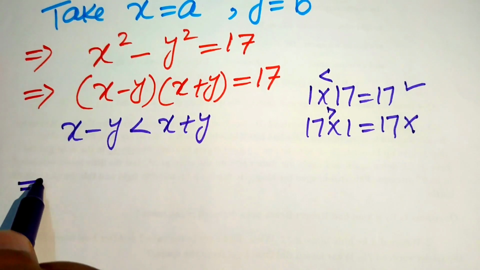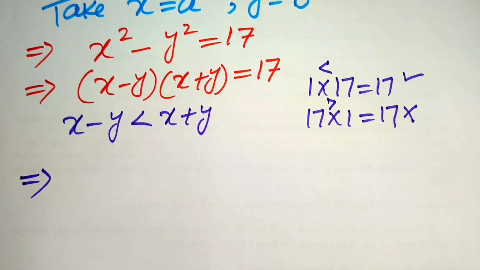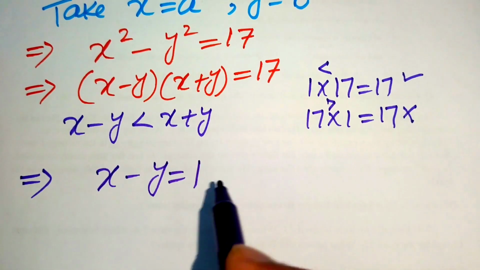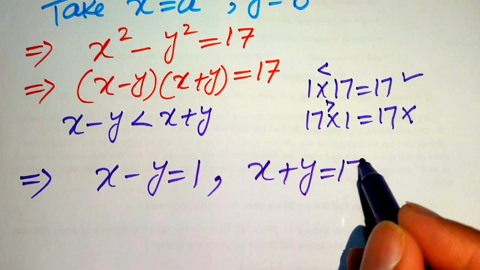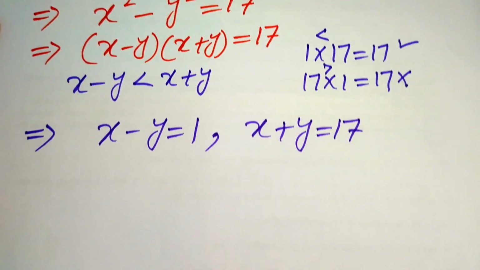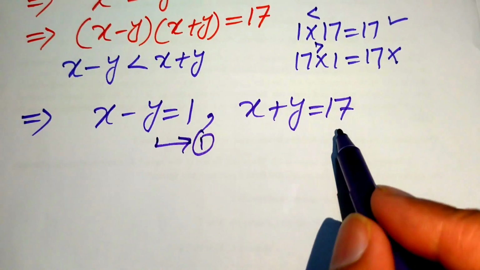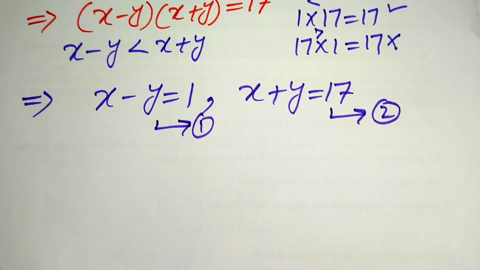So after comparing the left hand side to these pairs, we get x minus y equals 1, and we get x plus y equals 17. So we have two equations here, so we call this equation number 1, and we call this equation number 2. So now we solve these two equations, and first we find the values of x